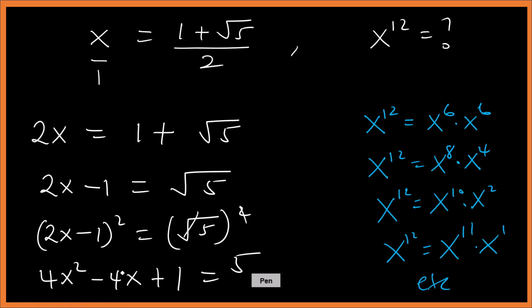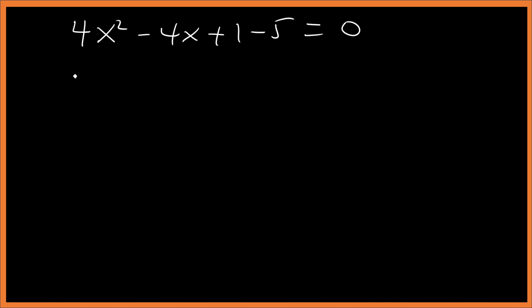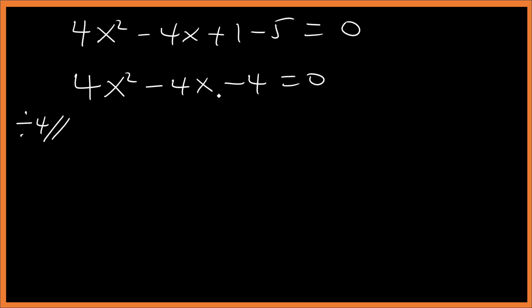That will be 4x squared minus 4x plus 1 minus 5 equal to 0. Let's confirm it here. Now this side will be 4x squared minus 4x minus 4 equal to 0. So you can divide through by 4, that will be x squared minus x minus 1 equal